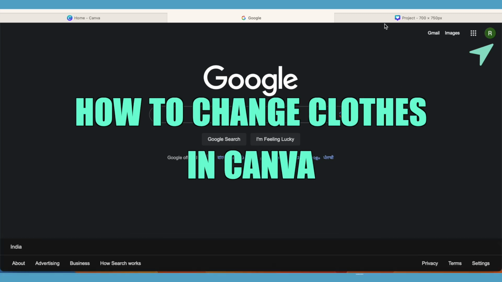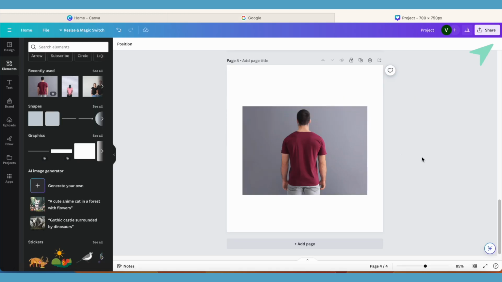Let's see how we can do it. So for this, just simply open up your Canva, and first let's see the easiest way. And for this, just simply open up any picture of your choice where you want to change the clothes. Suppose I want to change the color of this t-shirt to black, so I will just simply select it, then